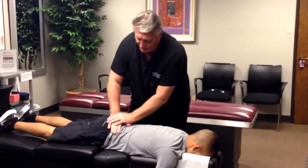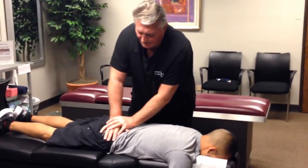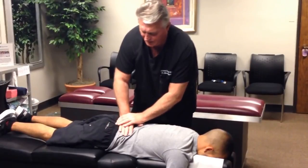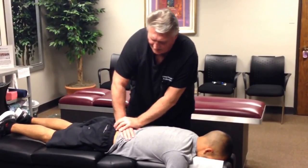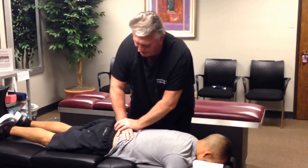Okay. So we're going to adjust his right sacroiliac joint first, and we're doing that as his is turned internally, so we're rotating that back around. Now I'm dropping his sacrum on the right side straight down, and the sacrum on the left side straight